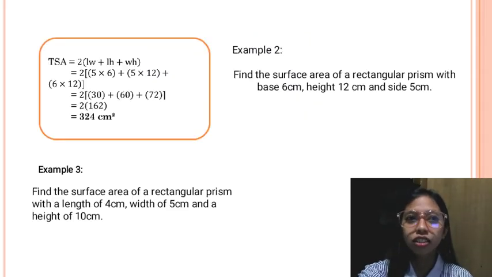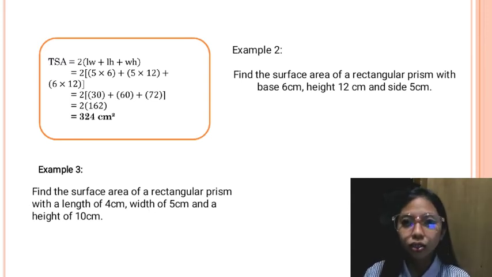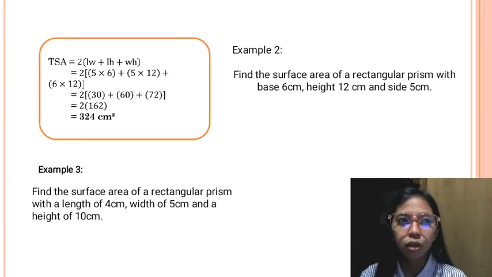Okay, let's have another example. The next problem is: find the surface area of a rectangular prism with a base of 6 centimeters, a height of 12 centimeters, and a side of 5 centimeters. Using the given formula, let us now substitute the given numbers into the formula. So TSA equals, substituting the given,